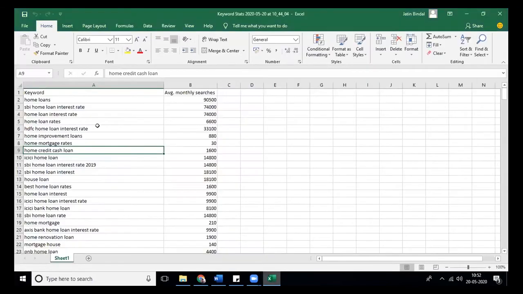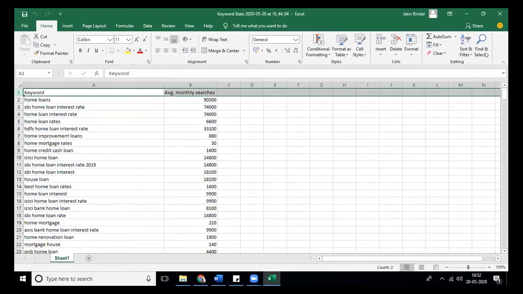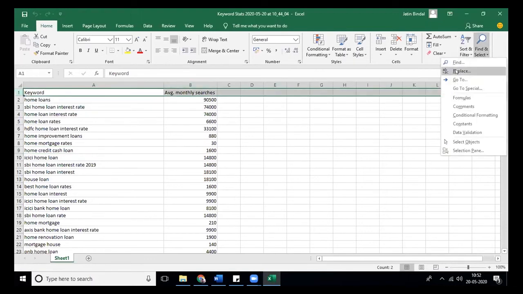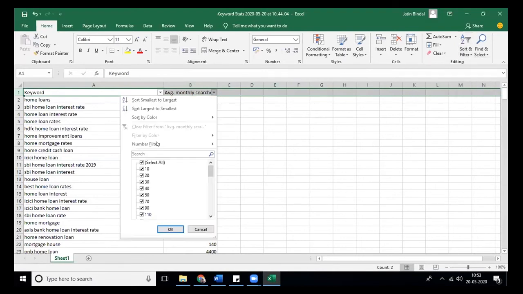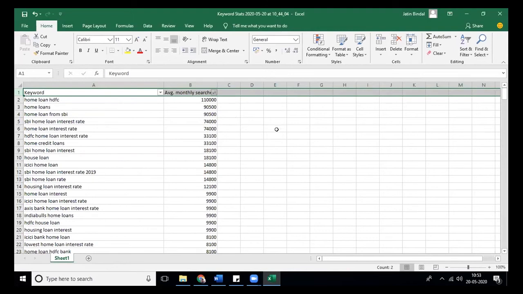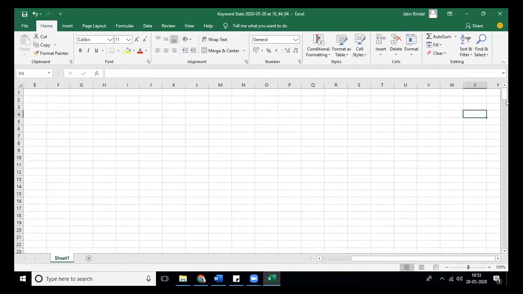The data which we got from Google is average monthly searches. So we will apply a basic filter in Excel, then arrange them from largest to smallest.